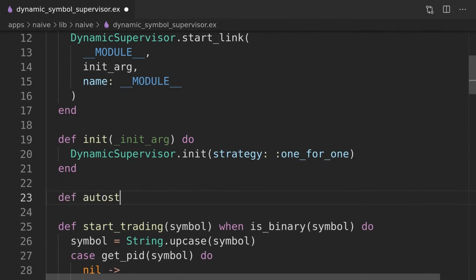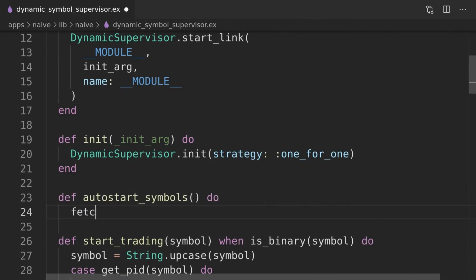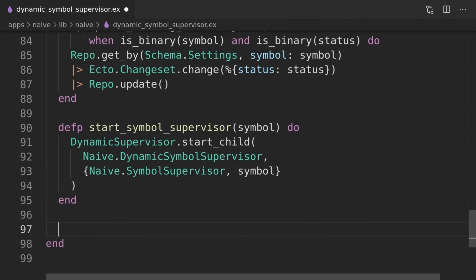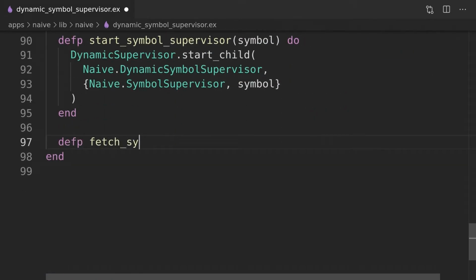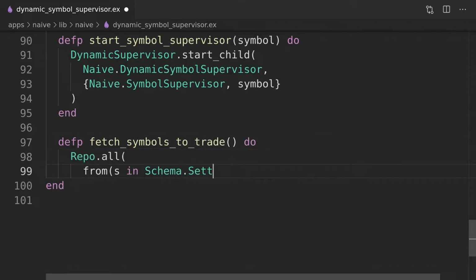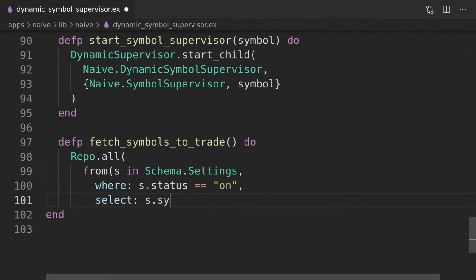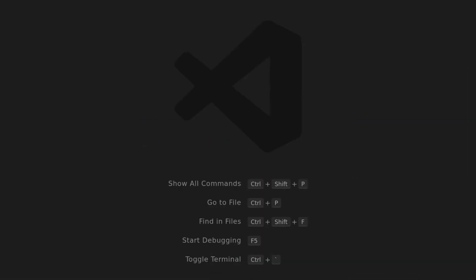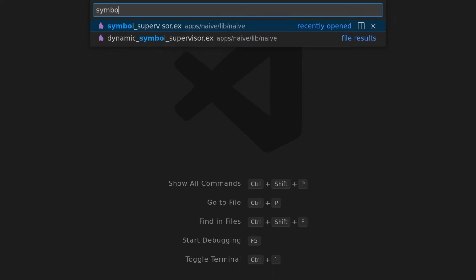The final functionality of this module will be the autostart trading function that will be performed by the task. It will call the fetch symbols to trade function that is exactly the same as the old implementation in the Naive.Server, which we need to copy over to our dynamic symbol supervisor module. We can now safely remove the Naive.Server module and continue to the Naive Symbol Supervisor module,